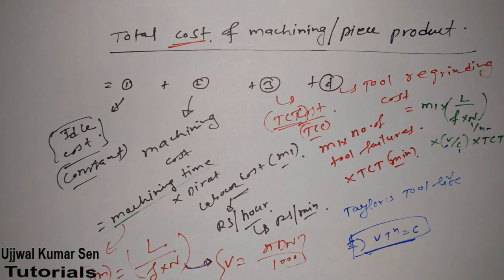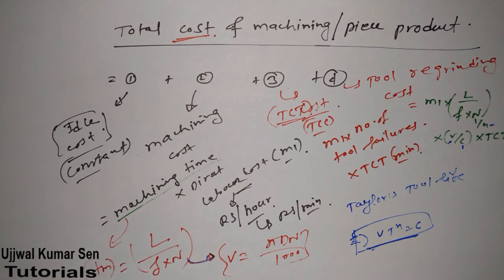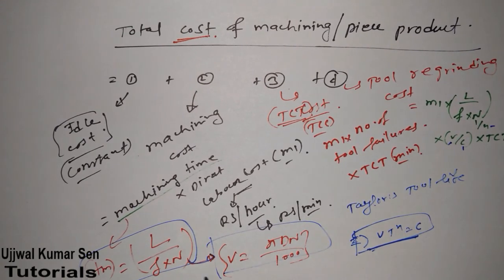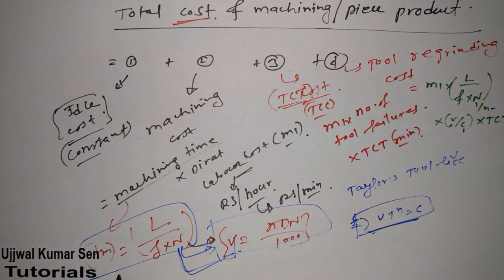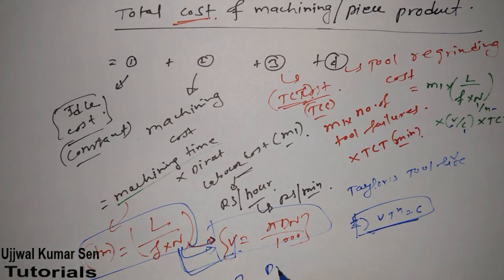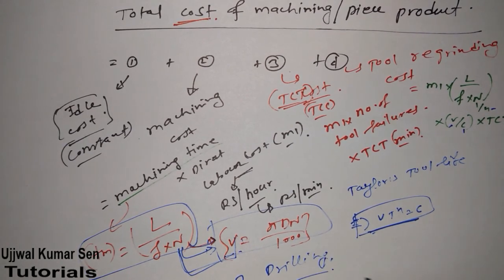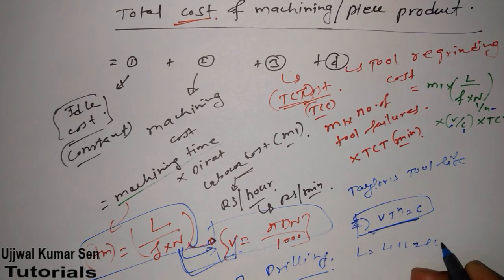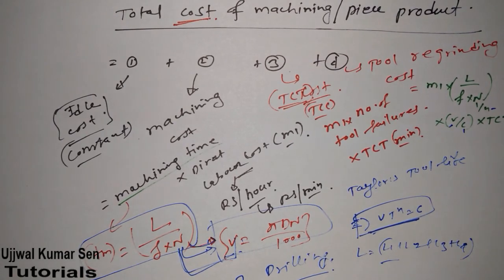Alright, so this is all about total cost of machining per piece product. From this formula, I have already shared formulas 1 and 2. These are most important because they have asked questions from these 2 formulas. Yes, they have asked machining time and they haven't given this. Now L is equal to what? Total tool travel. There are many things to learn here. If you are learning drilling, which I have already shared with you, then L is equal to L1 plus L2 plus L3 plus L4. So this is all about interrelationships of formulas.